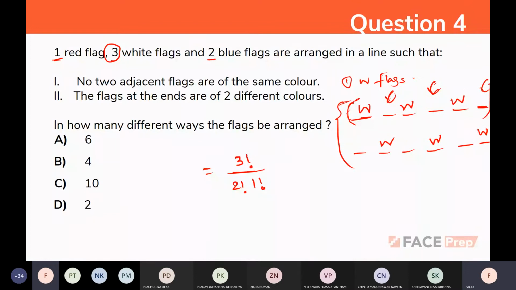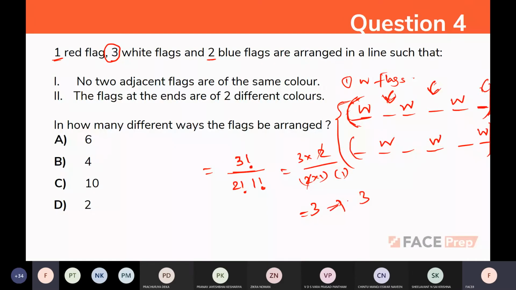We are using this for this arrangement only. So what is the answer for this? 3 into 2, 2 into 1, which is one bracket. So we have one here. Cancel this. For this one arrangement, there will be three. If we need to arrange all the others, we will have three arrangements in this one arrangement. If you add this arrangement also, there will be another 3. So 3 plus 3, the answer will be 6.